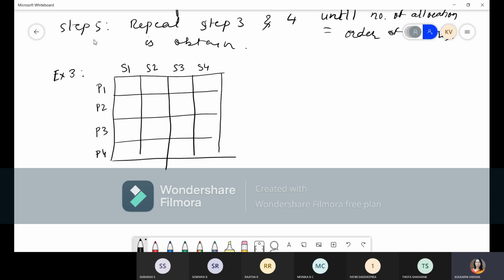To prepare those subjects, they require class preparation time, which varies for different topics and subjects. That preparation time is given in hours in the table. So 2 hours, 10 hours, 9 hours, like this. Professor P1 prepares subject S1 in 2 hours, and subject S3 in 9 hours.